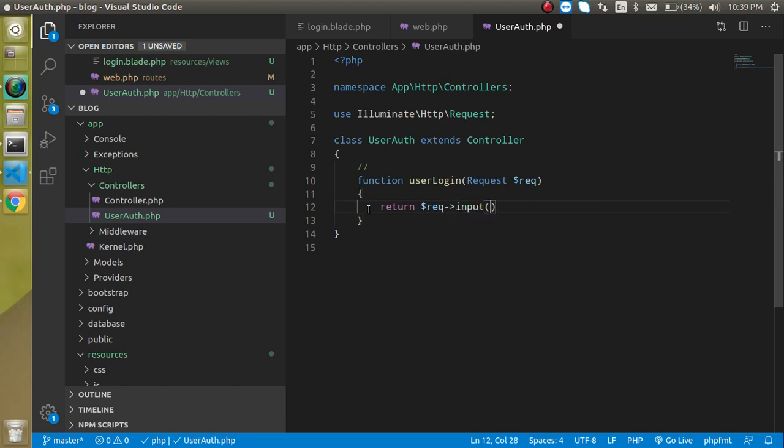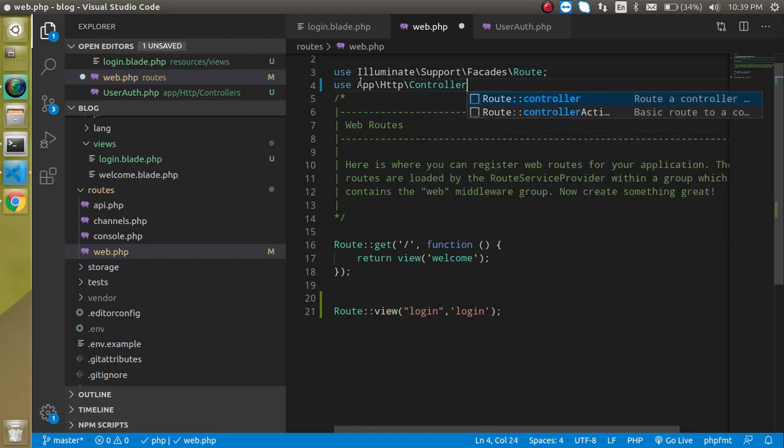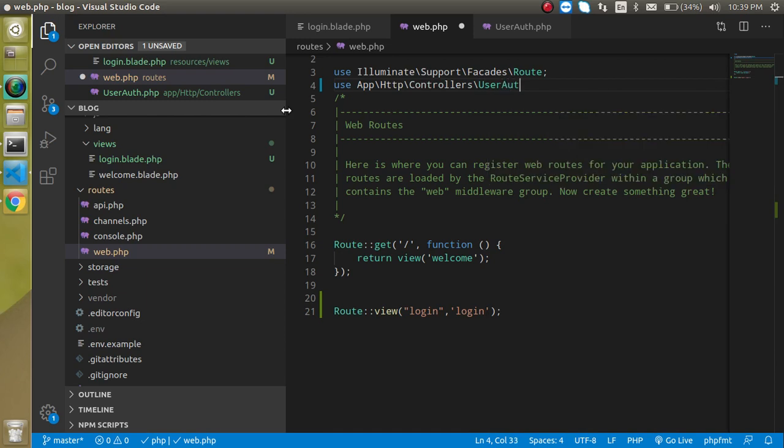It will return all the input fields that we submitted from the browser, from the HTML form, right? All right, so now let's create the route for this one also. So use here use App\Http\Controllers\UserAuth, right?